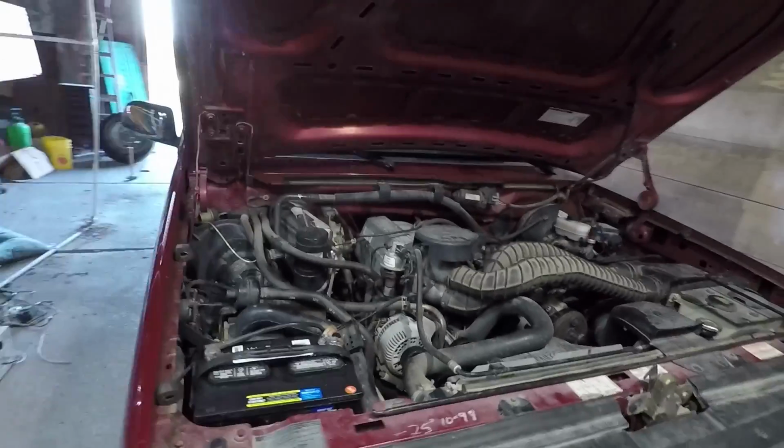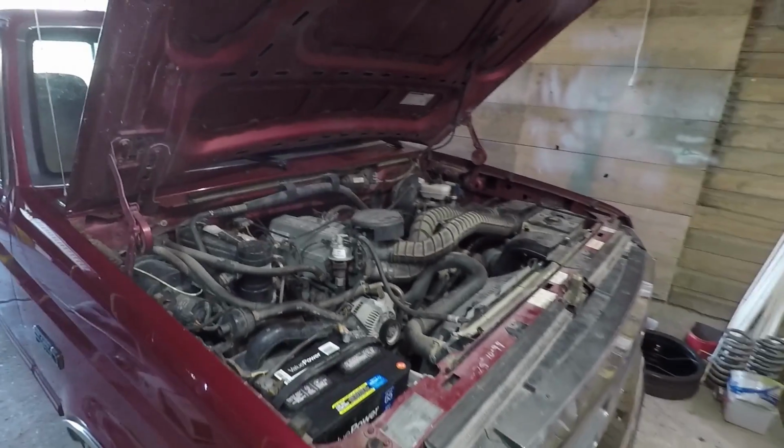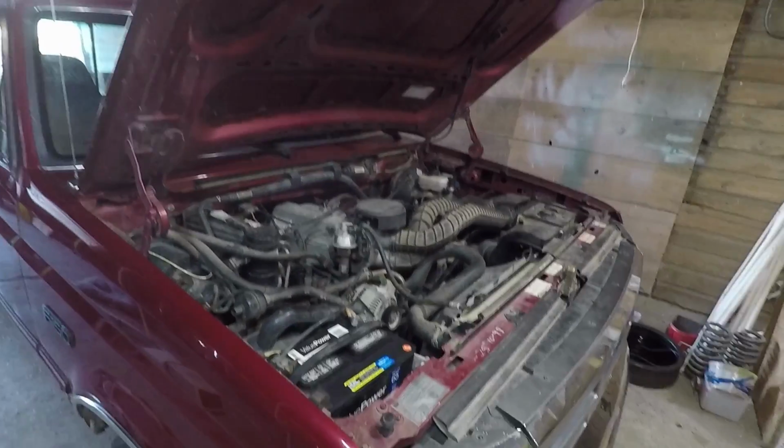so it's not holding any vacuum in that can. I have another one coming, won't be here till sometime next week, but I may try to seal that up here real quick. It causes the truck to stumble a little bit. Not really stumble, it runs okay, but even sitting at idle, you give it just a little gas and you get this vibration,